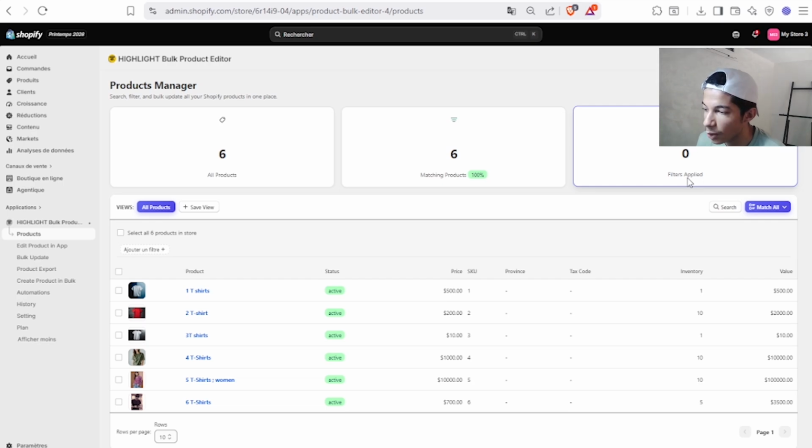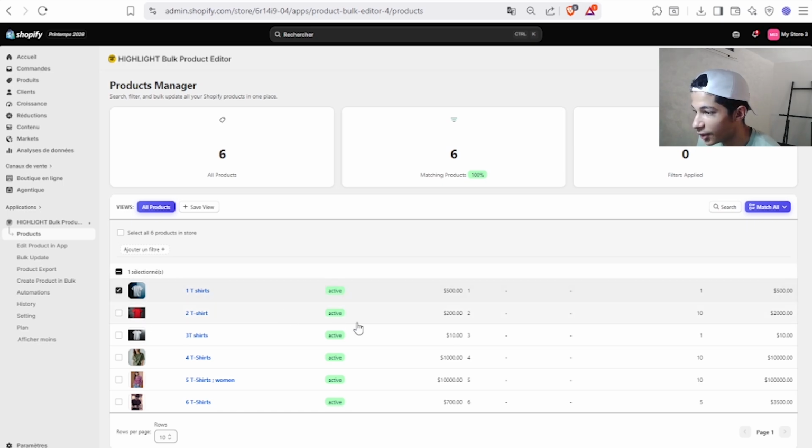So I'm gonna now explain editing products with this tool. Like now I want to change the title of this product and the price and the number of inventory. Or let's start with one. So now to edit this item, I need to select it and go here to edit